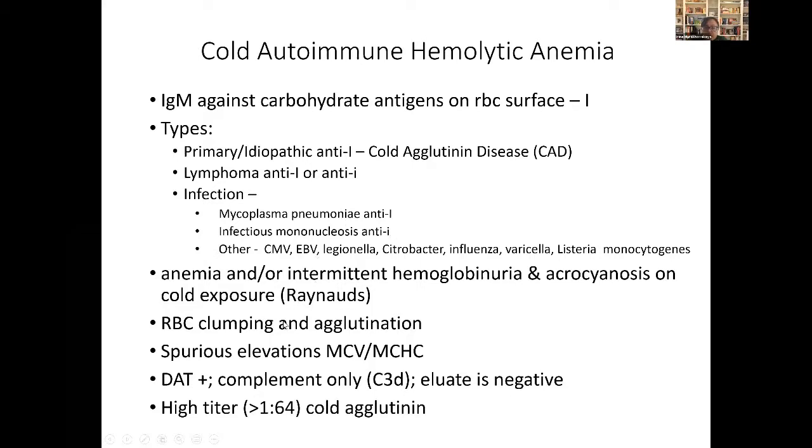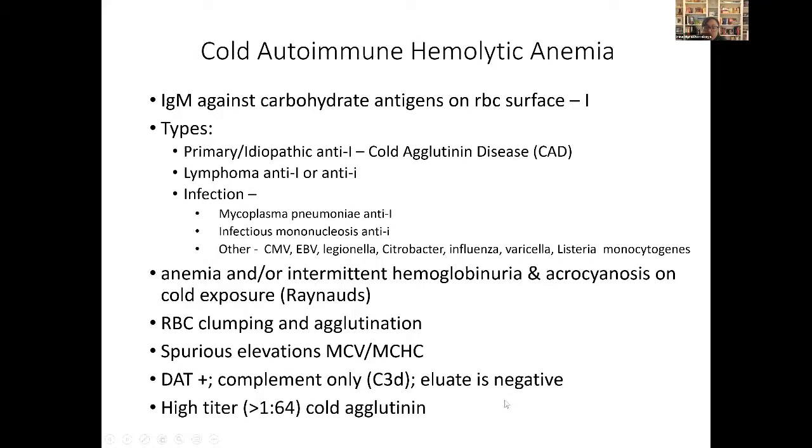The disease is characterized by anemia and intermittent hemoglobinuria and acrocyanosis on cold exposure, which is a Raynaud syndrome. On a smear, you see red cell clumping and agglutination. You see a crazy MCV that's unbelievable and unreliable. You also see elevated MCHC. Your direct Coombs is positive for complement only, and your eluate is negative because, remember, there's no antibody on the